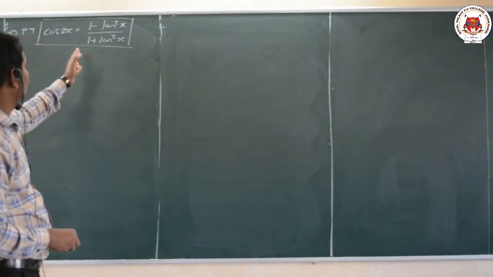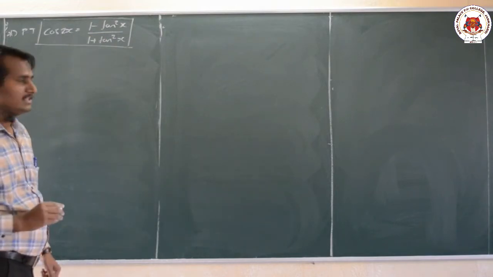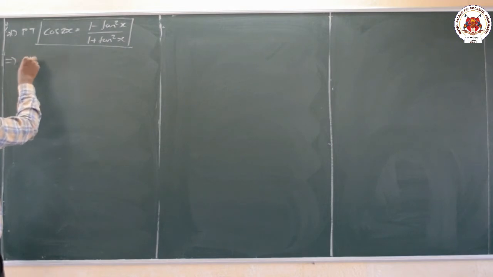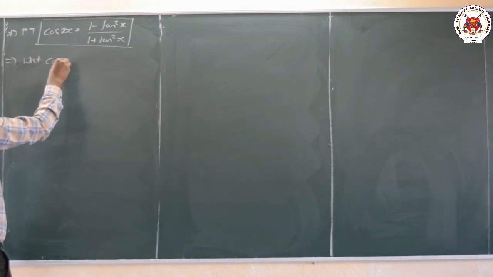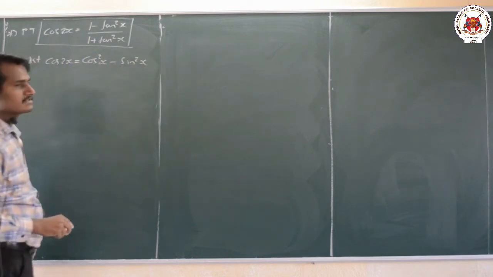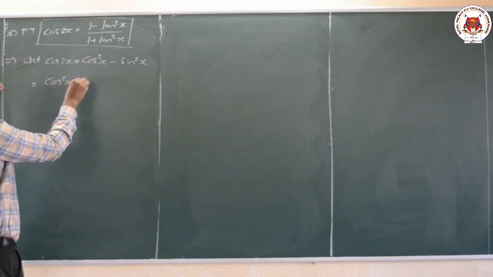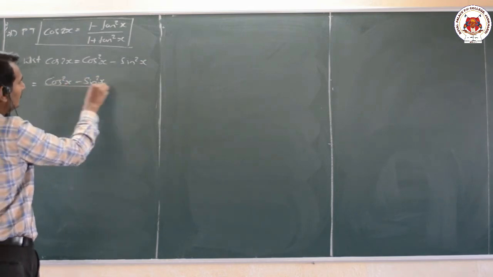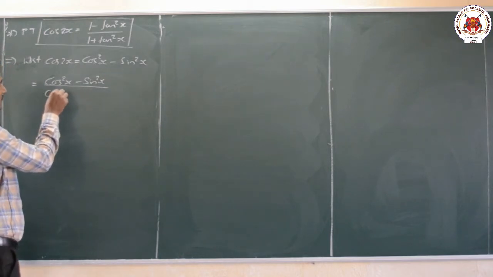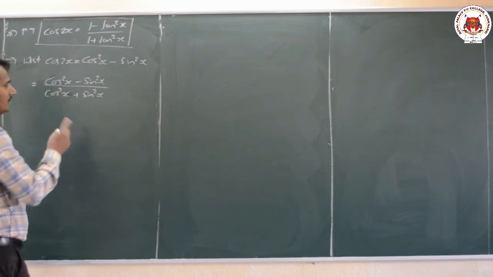Okay, dear students, now let us move on to the next one. We shall prove that cos 2x equals 1 minus tan square x divided by 1 plus tan square x. Now, let us take the LHS part, and we know that just now we had proven cos 2x equals cos square x minus sin square x. Now, can I write it as cos square x minus sin square x whole divided by 1. 1 can I write as cos square x plus sin square x, that value will be 1 only.